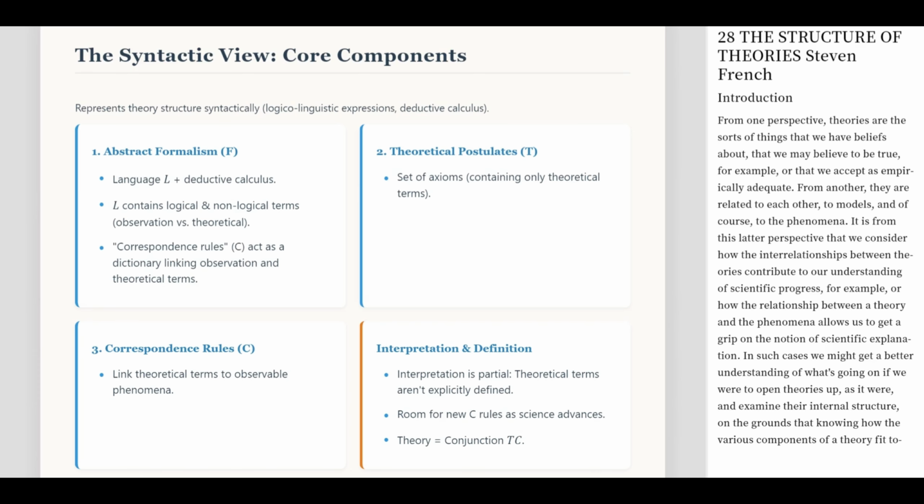Within this language you have terms. Some are logical connectives like "and" or "if then," some are non-logical. And these are split into observation terms, things we can see or measure directly, and theoretical terms, things we infer. Like atoms or fields. Then come the correspondence rules, C. These act like a bridge, a dictionary, linking those theoretical terms to observable stuff. Finally, you have the theoretical postulates, which are the core assumptions of the theory, stated purely in terms of those theoretical concepts. So, a theory, according to this view, is simply the combination of these postulates and the correspondence rules,